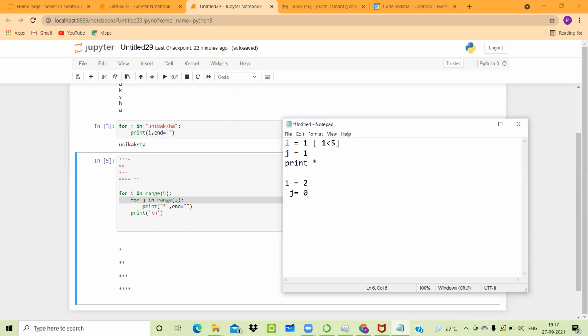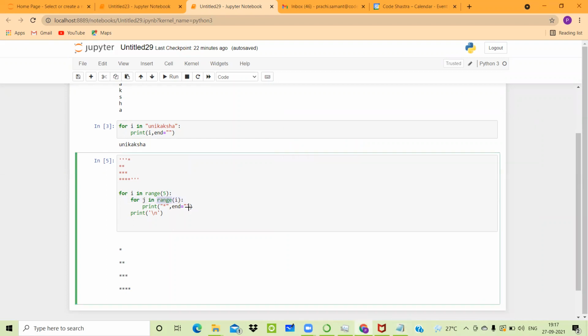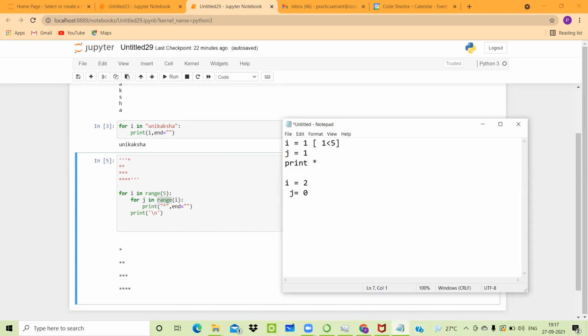Let me start with 0, that would be better. So now the value of i is equal to 2, and the value of j is equal to 0. 0 is less than 2, and that's why this statement is also correct, and so it will print 1 star. So on the next line, 1 star will be printed.